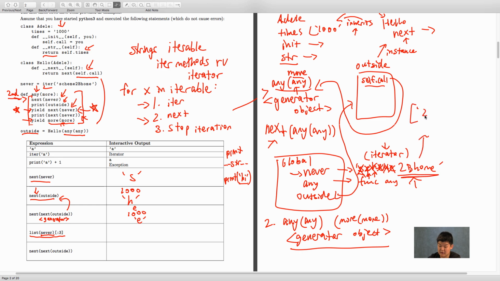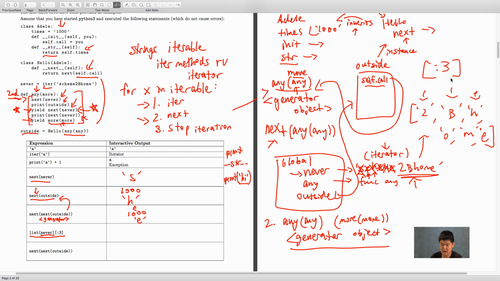So that is going to look like 2, B, H, O M E. All different indexes in our list. And remember that we can convert strings to lists, and that'll actually turn each letter of our string into an element of the list. That's something to remember as well. So we look at our list splicing,